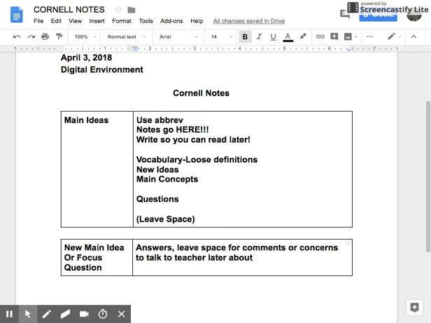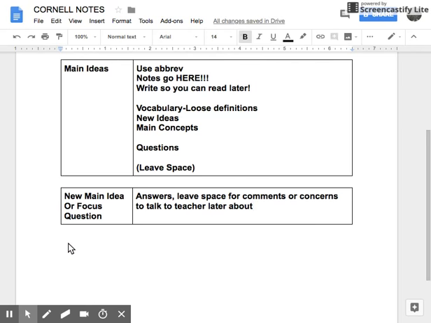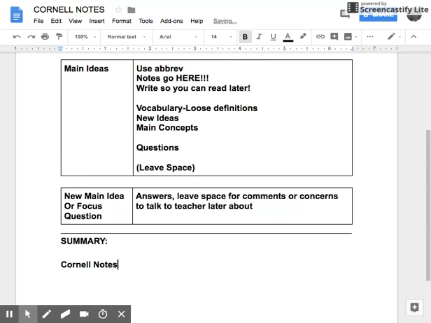At the bottom of your notes for the day, draw another horizontal line across the entire page. Below this, you will include a summary of the day's notes. I like to write summary before putting my conclusion here. So today we talked about Cornell notes, organizing them,